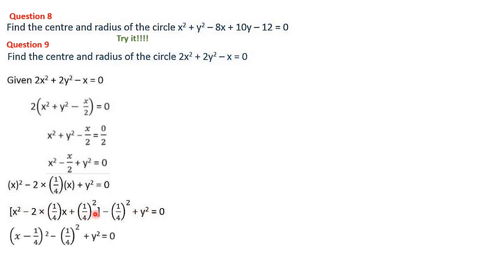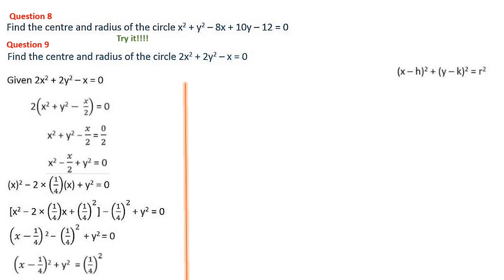Then this one now it is in the proper form, a minus b the whole square. A, that is x square, is square root of x square, that is x, minus b is 1 by 4. A minus b the whole square. Minus, here there is 1 by 4 as it is there, plus y square equal to 0. Then x minus 1 by 4 the whole square plus y square. We want two square terms only. This one you can take to the right side. That is minus 1 by 4 going right side. It comes as plus 1 by 4 square.